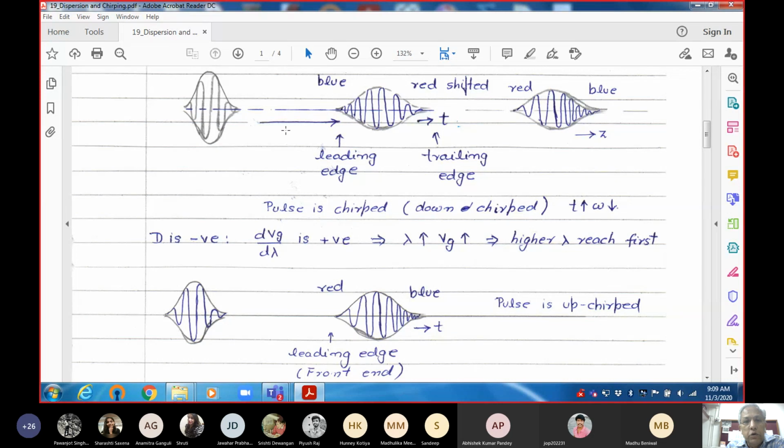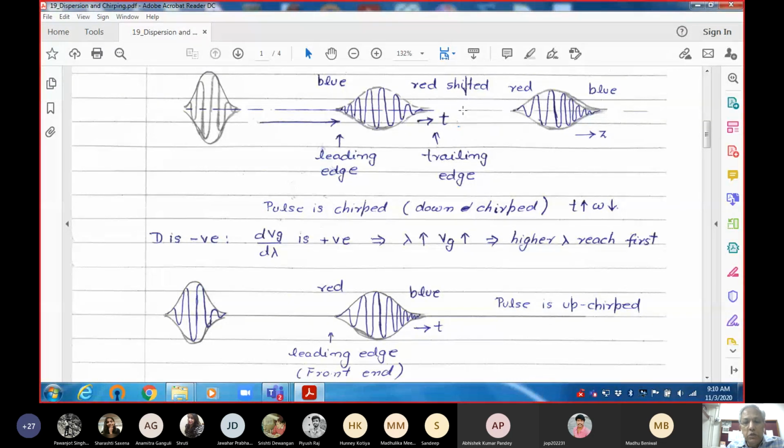So right now it is broadened because it has passed through a medium with positive dispersion coefficient. If I now pass it through a negative dispersion coefficient medium, then the chirp would be of the opposite sign. So it means the pulse would start compressing itself because the chirping is reducing, and finally it will reach a point when there is no chirping and the pulse width would be equal to the original pulse width.